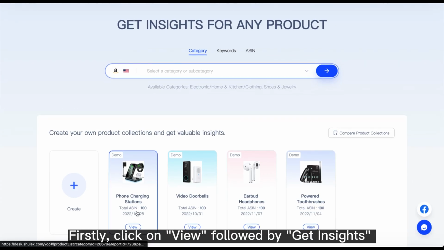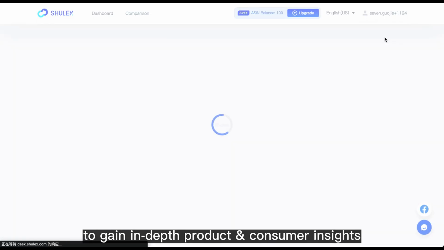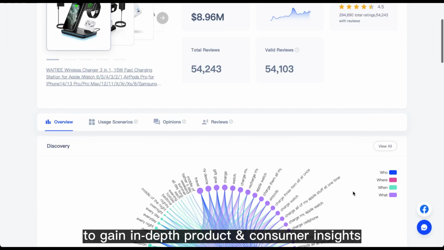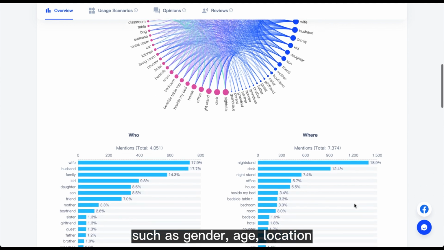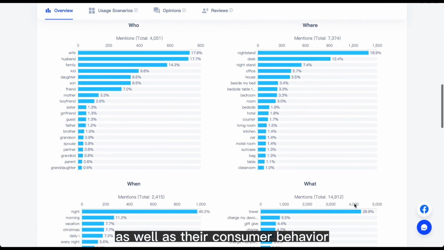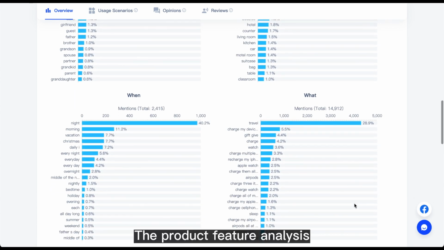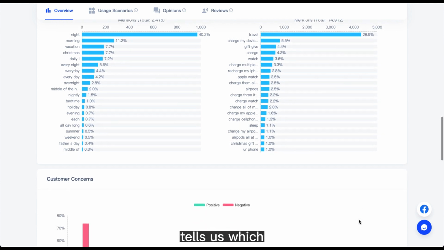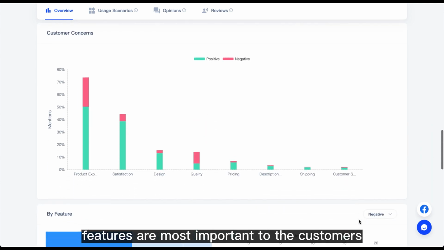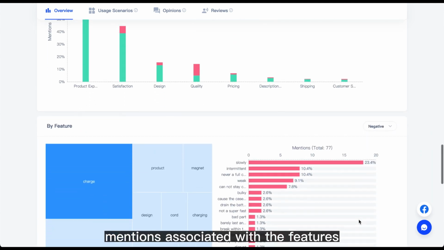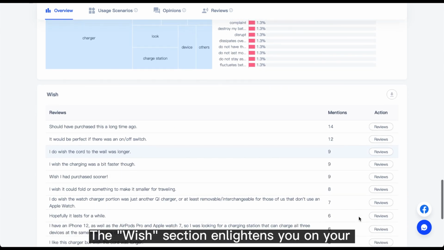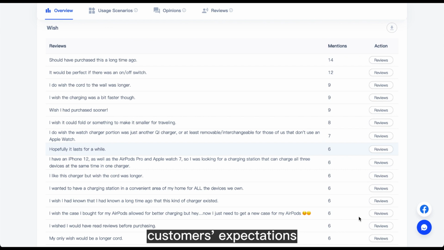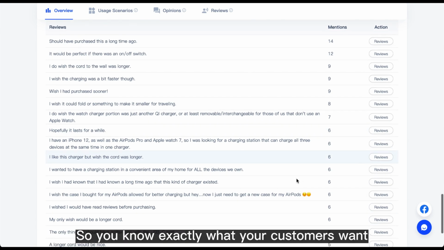Firstly, click on View followed by Get Insights to gain in-depth product and consumer insights. You can learn more about your customer portrait such as gender, age, location, as well as their consumer behavior. The Product Feature Analysis tells us which features are most important to the customers and the negative or positive mentions associated with the features. The Wish section enlightens you on your customers' expectations, so you know exactly what your customers